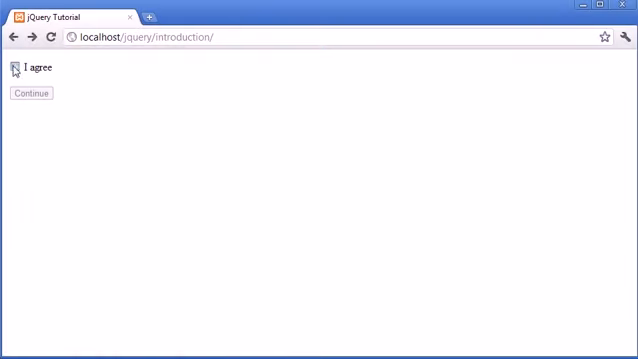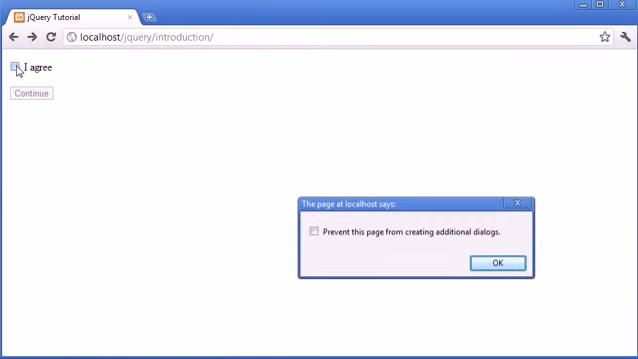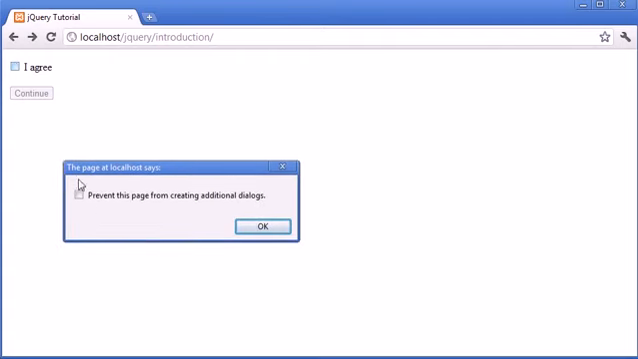So now when I click on it, you see that we alert on. When I click on it again, you see that